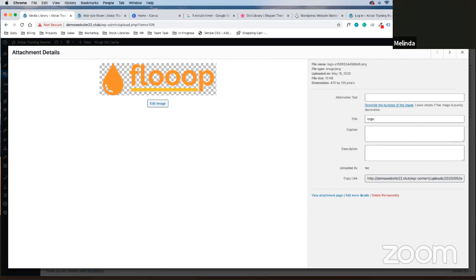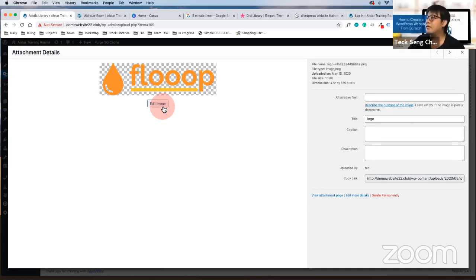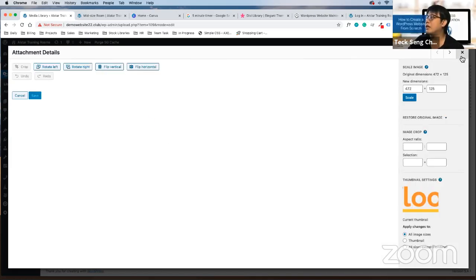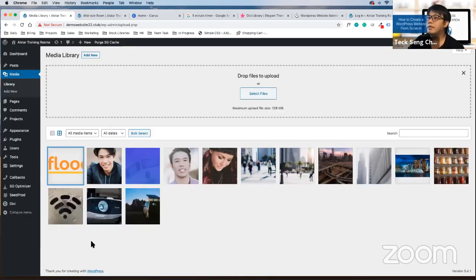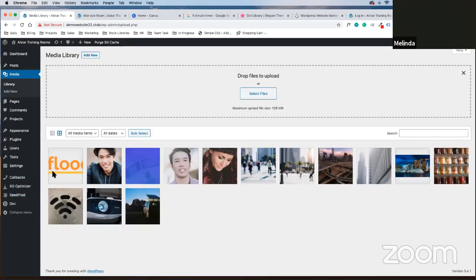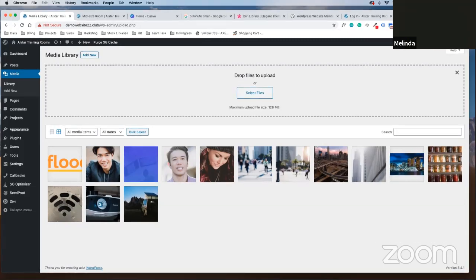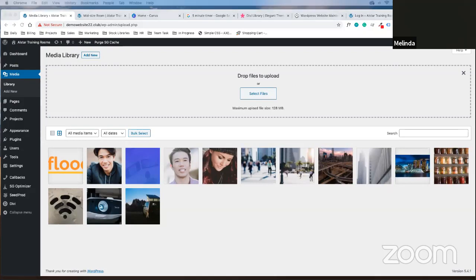How what is the scale that I need to have? The dimension? You just need to make sure that your height is around 120, 125. That's good. 120. Is the first one the height? No, the first one is the width. It's always width. Okay. Edit. Okay, the height is 120. But when I change the height to 120, the width just follows and changes accordingly. Yeah, don't worry. Okay, that is scale. Okay, done. Thanks.